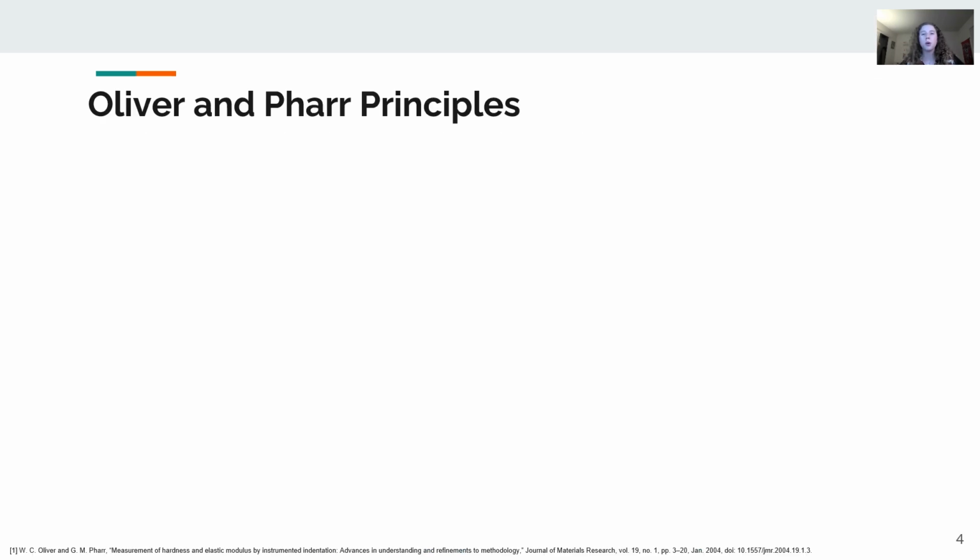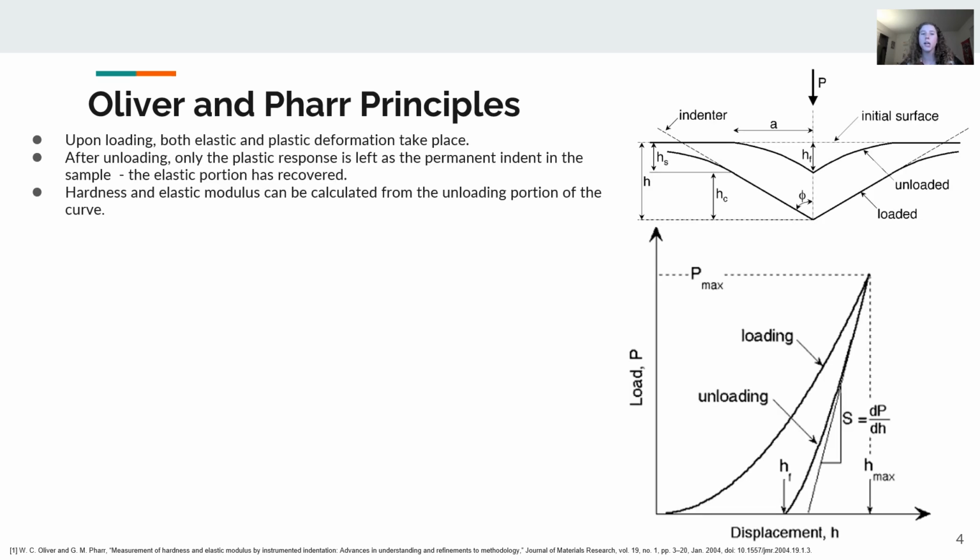So like I said before, the most well-known theory was developed by Oliver and Pharr, and the main principles behind this are that when you load most engineering materials, there's an elastic and a plastic response to the material, and then when you unload the material, the elastic portion of the response recovers, and the plastic portion remains behind as the shape of the indent on the sample. So you can see that here, with the elastic and plastic being the loaded curve, and then the plastic being this